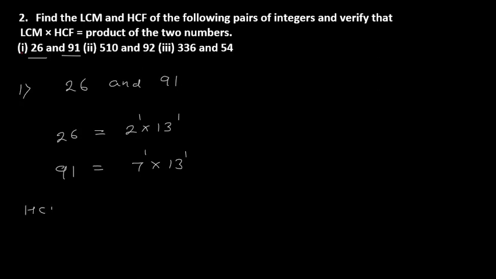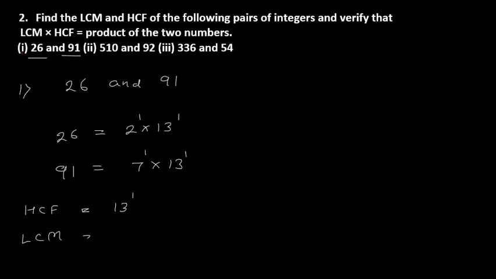Now HCF of these two numbers is equal to, you will take the common number which is 13 and you take the minimum power of it. So in 10th standard we are now solving this HCF, it is the same, but we are improving our concept a little bit. Okay, what we do, we will write all the common numbers and take the minimum powers. So here the common number is 13 and its minimum power is 1. So 13 power 1 is HCF.